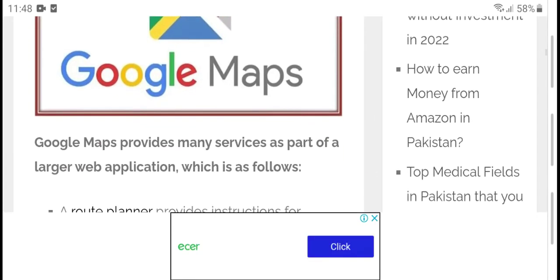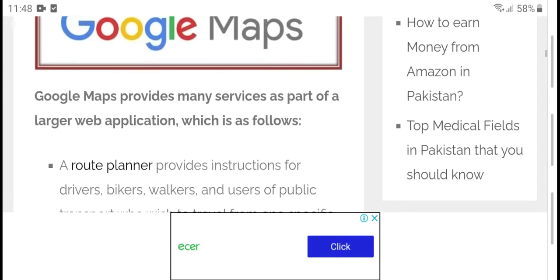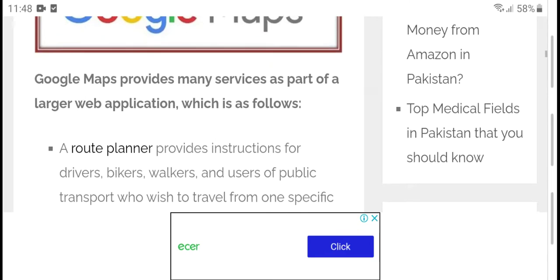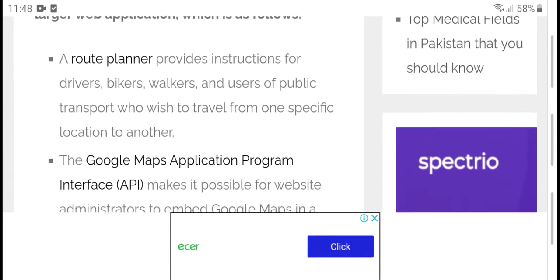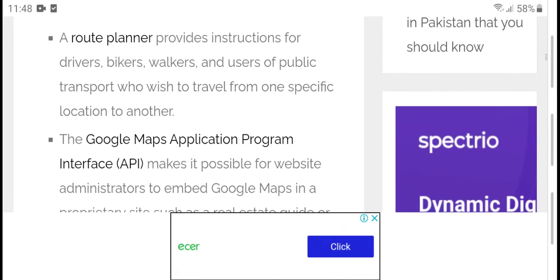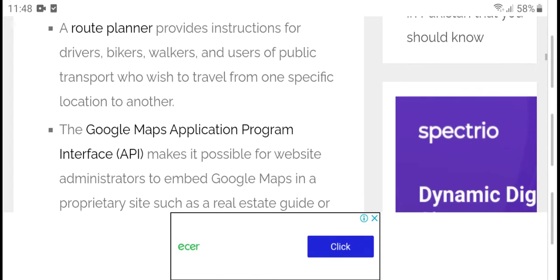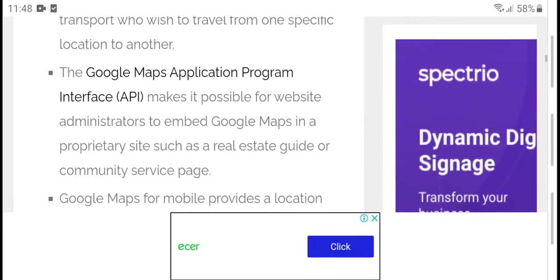Google Maps provides many services as part of a web application, with directions for drivers, bikes, and public transport for people who travel from one location to another.